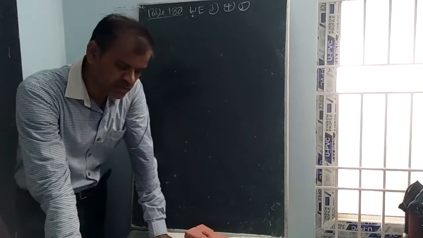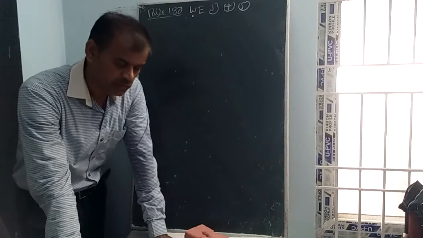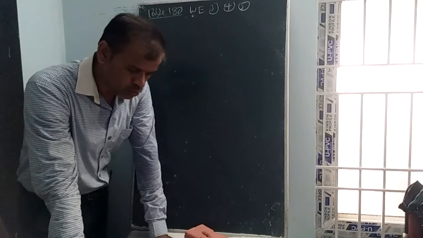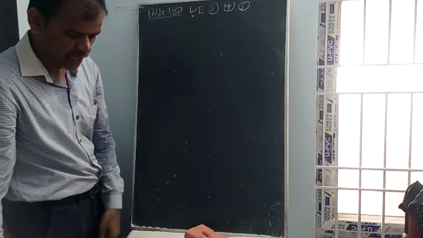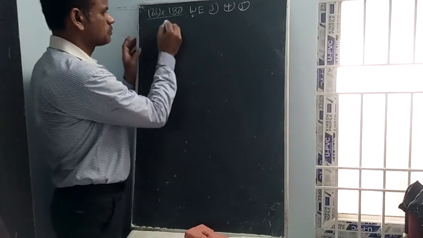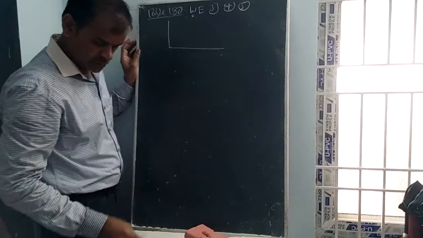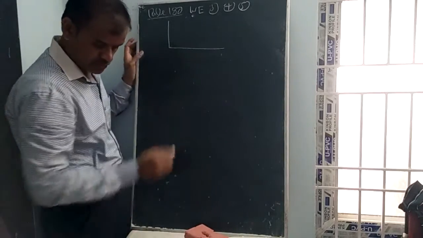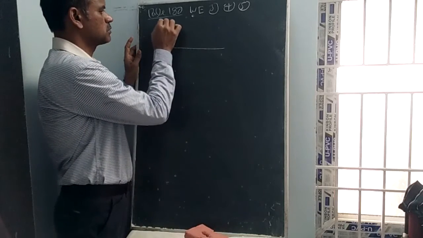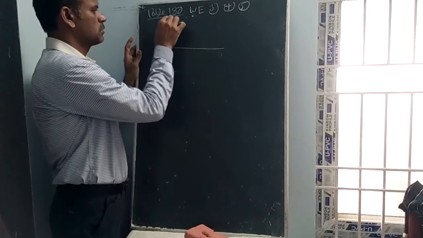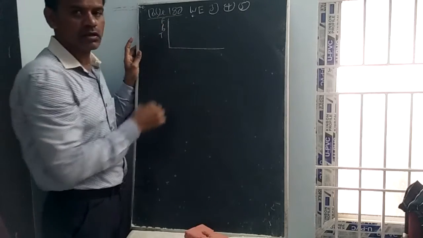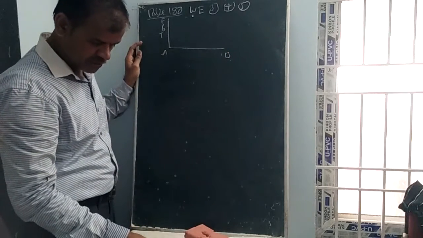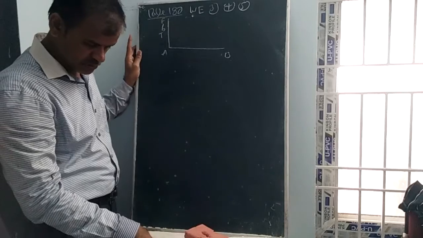See the question, worked example 3. If a flagstaff 6 meters high placed on the top of a tower throws a shadow of 2 root 3 meters along the ground, then find the angle that the sun makes with the ground. This is the top of the tower T. This is the flagstaff of 6 meters between T and F. This is A, this is B. He did not give any names, that is why you can put any names.